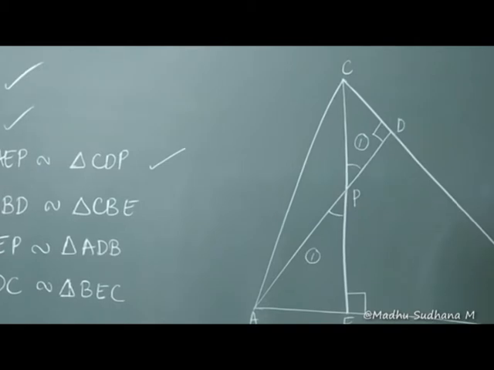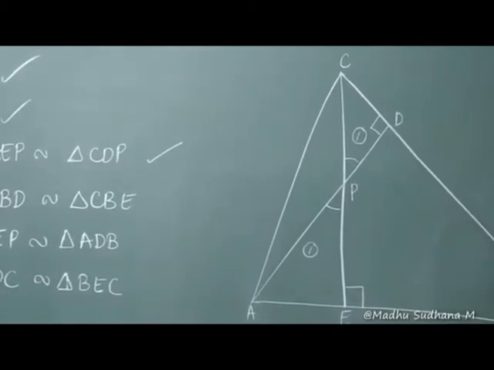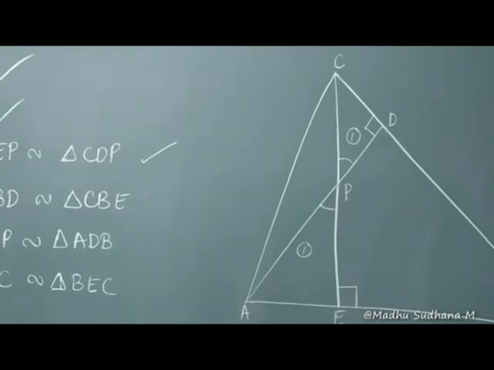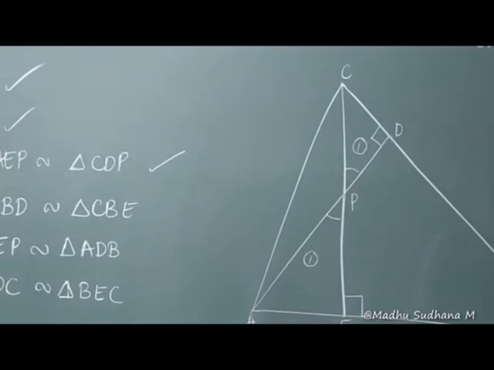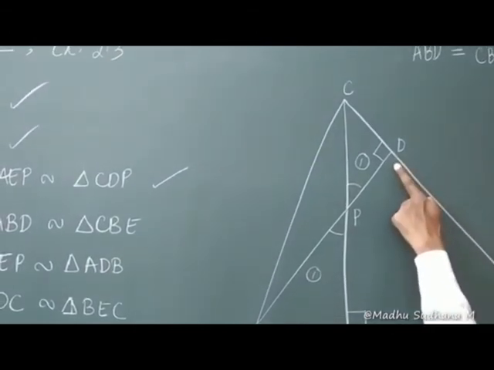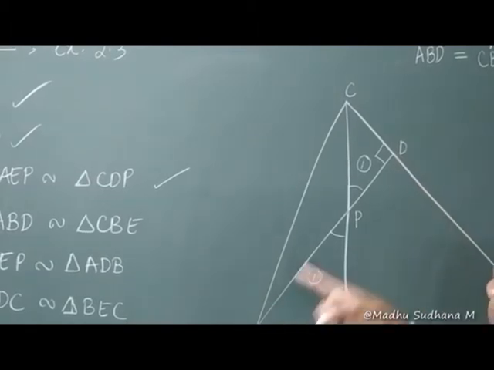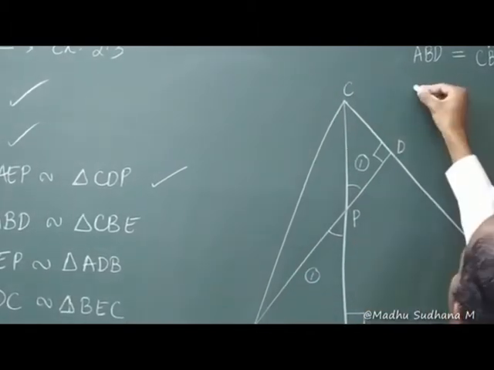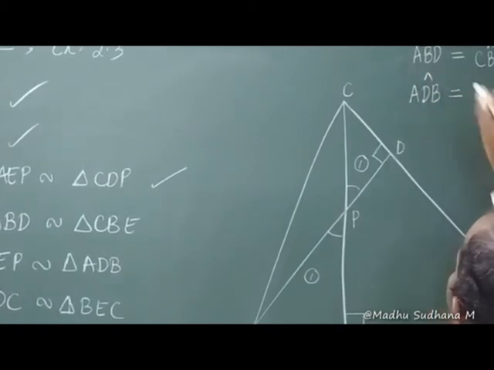So this is common angle B. So this is one angle. Then in triangle ABD, you can find this angle to be 90 degrees, right? From linear pair. So I can write angle ADB, which is equal to